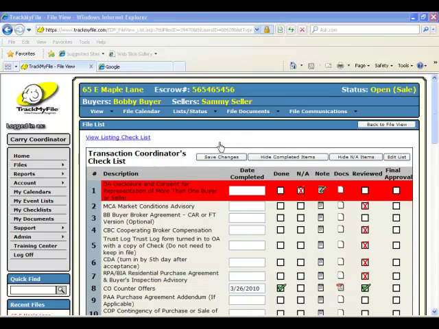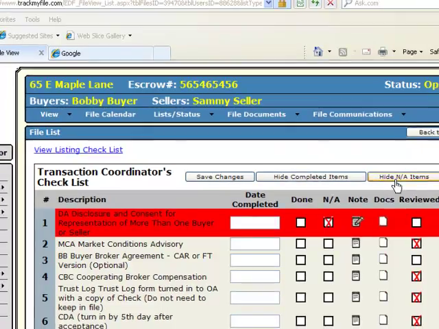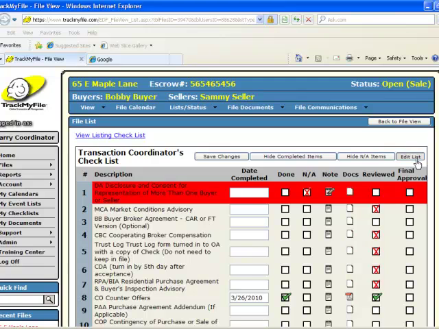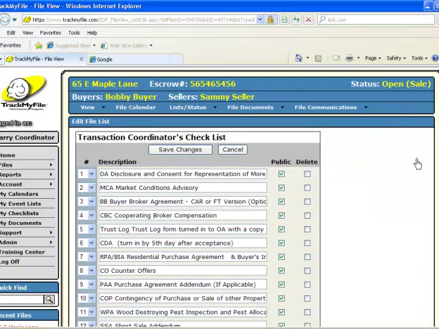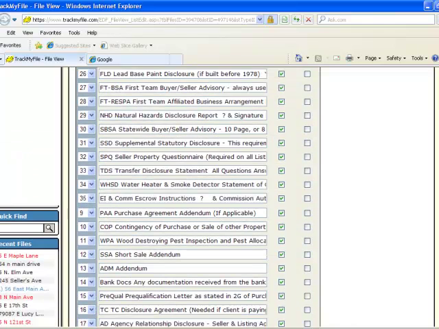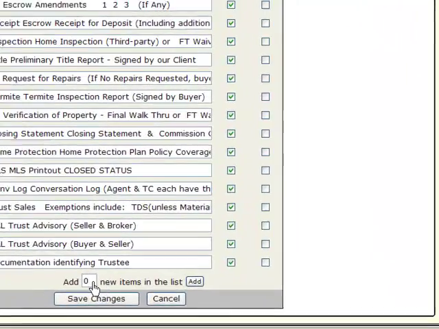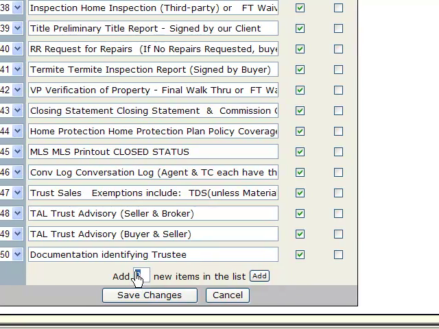You'll notice too at the top of the checklist, once you've saved the changes, that'll record any notes that you've added to the system. You may hide completed items, you may hide not applicable items, and you also may edit the tracking list. As we all know, in some transactions, a document is not required. That's why we have the not applicable, but in some circumstances we need to add an additional document to our tracking list. This is done by selecting the Add and entering a number of line items you wish to incorporate